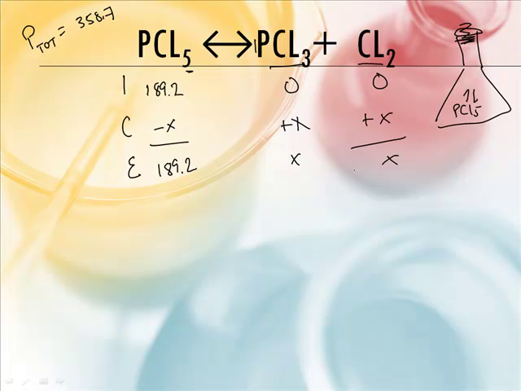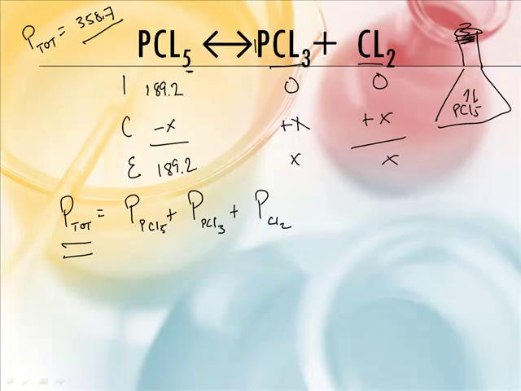But now we have kind of an issue, don't we? They didn't give me the K value, did they? But they gave me the total pressure. Now this actually applies Dalton's law. In Dalton's law, the total pressure is the sum of the partial pressures. So in this case, that'll be the pressure of the PCl5 plus the pressure of the PCl3 plus the pressure of the chlorine. So if we know the total pressure, which is this 358 number, I can say